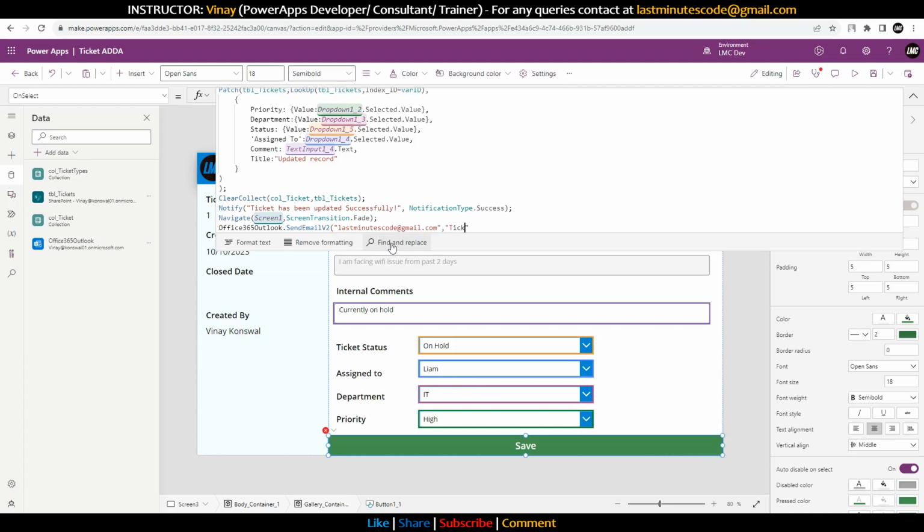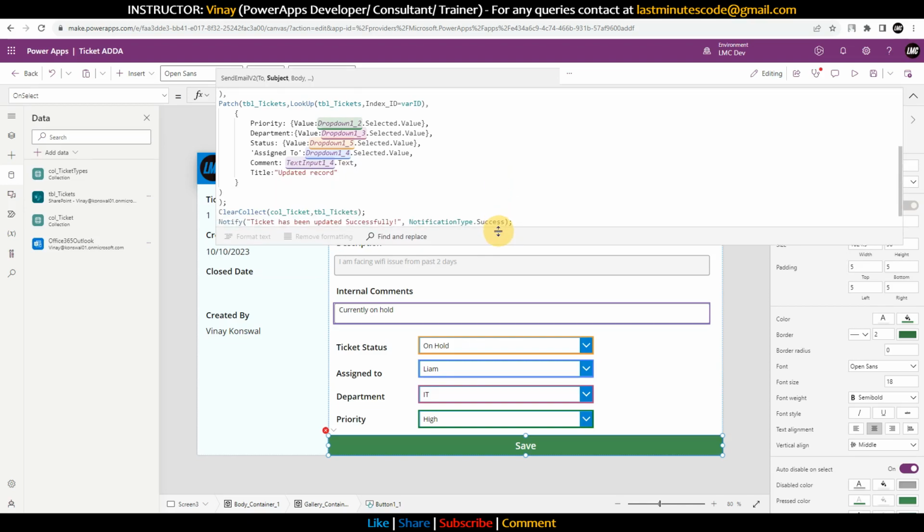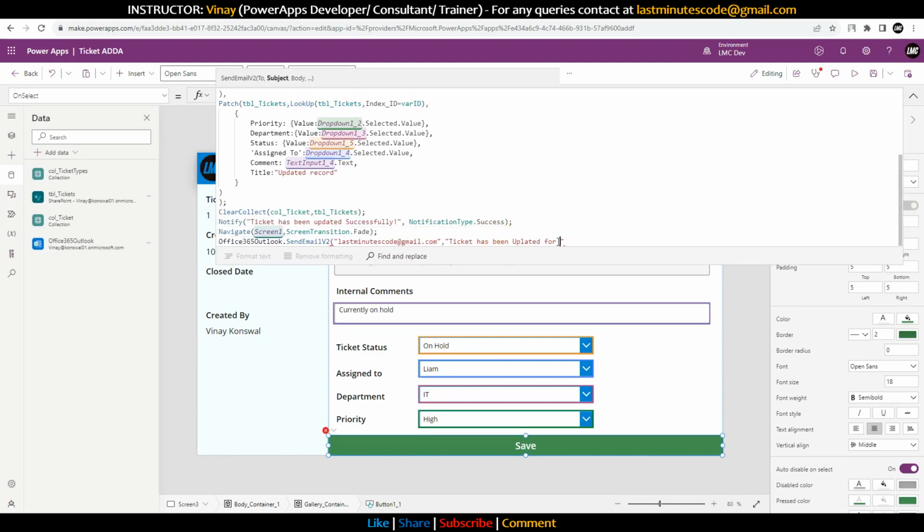Ticket has been updated. Please check, or ticket has been updated. And if you wanted to make this dynamic, you can say, okay, instead of this, ticket has been updated for, or what I'll say is created by, right? So ticket has been updated for,